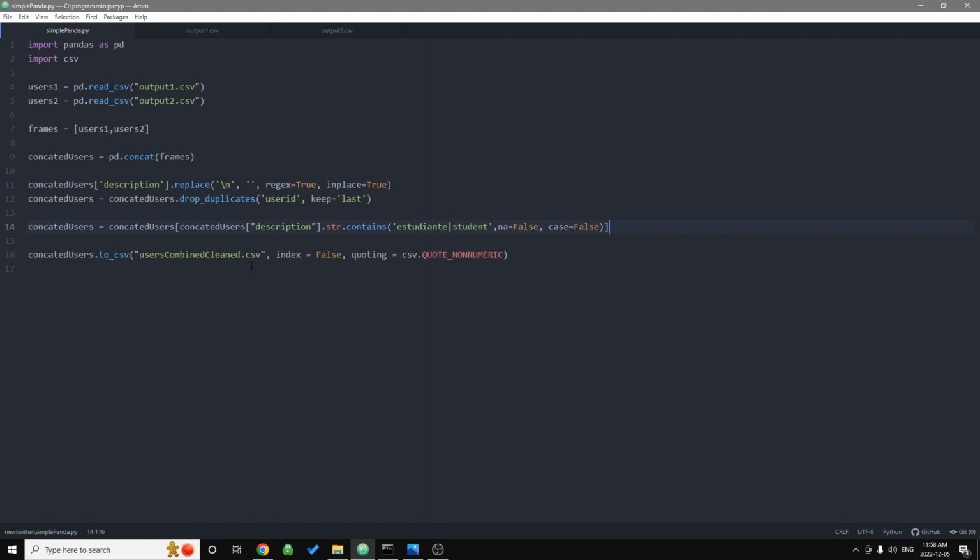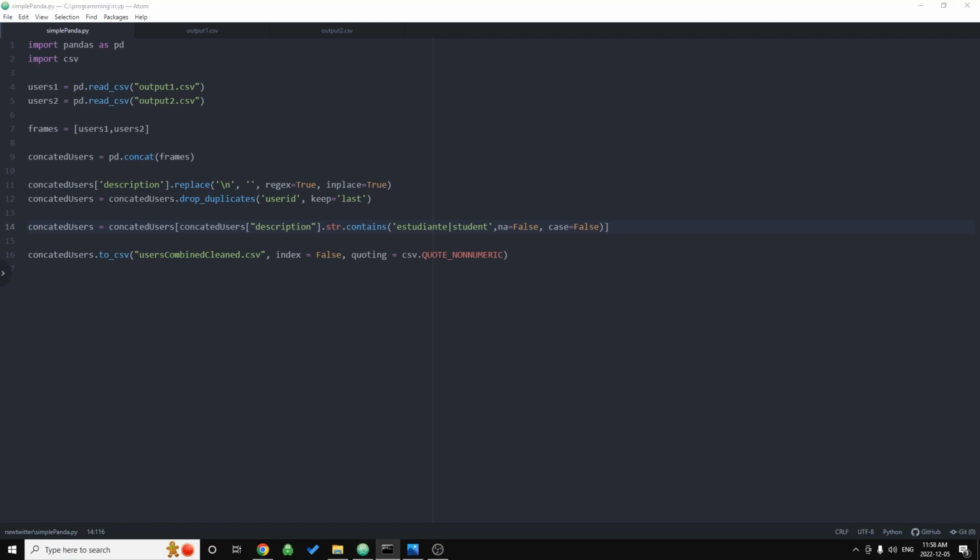You give it the name of what you want the file to be saved as. I want to remove the indexes, which is a little number that can be put in the front of the CSV file. And I want a certain form of quoting around my different values. So I want any value within my data frame that is not numeric to have quotation marks around it, and that can be helpful for strings. And so that's a simple